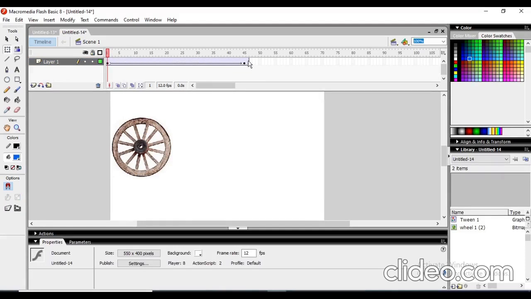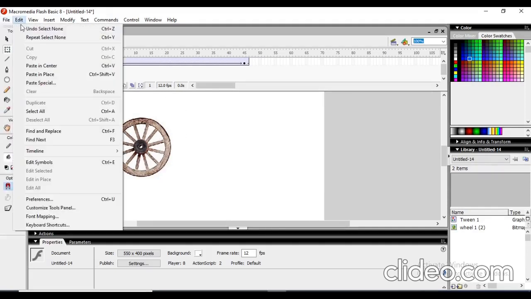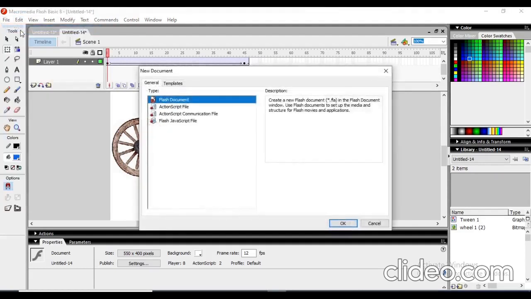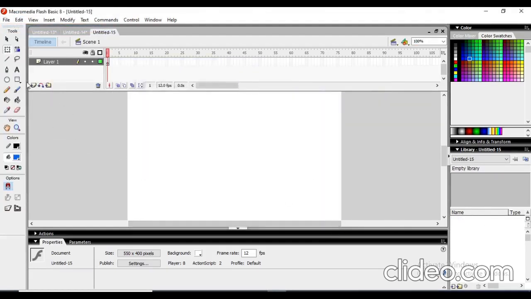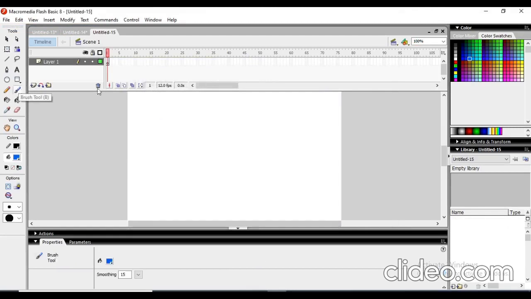We need frame by frame animation in those cases where we have to do some changes on my image, on my object. For example, I go to the file, click on the new and click on OK. Now click on the brush tool. With the blue color I